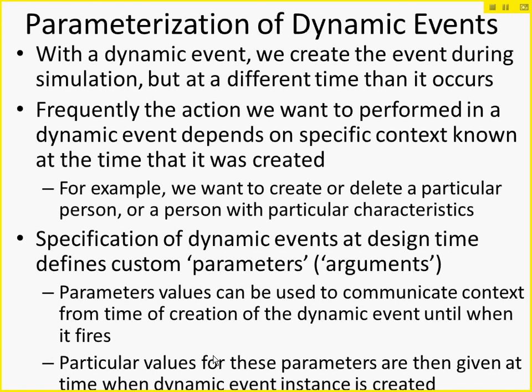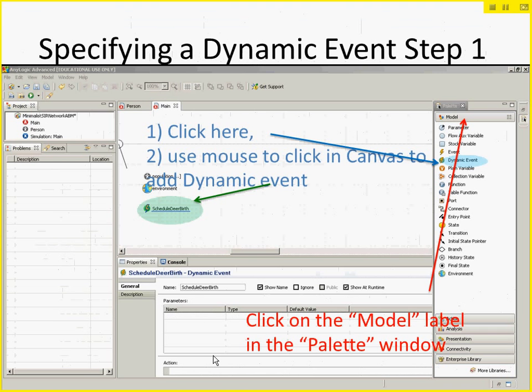Well, what we do is from the palette we drag this thing called dynamic event, and you'll notice that for the dynamic event, there's a set of parameters to be specified down here. So we'll specify for this dynamic event, hey, you have to create an instance of this dynamic event. To create an event to be scheduled of this sort, you have to provide these parameters. So an example of this would be, suppose we had